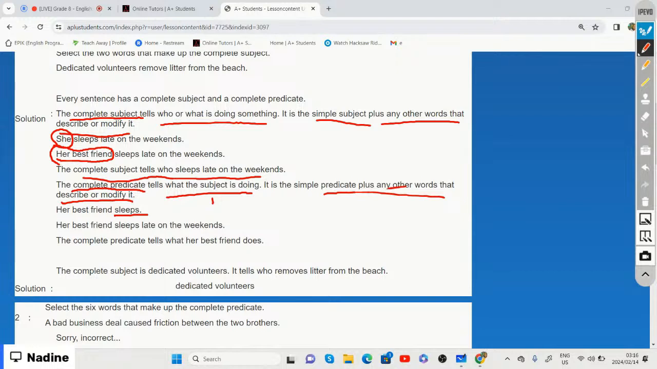All right. So also when it comes to the complete predicate, we say that the complete predicate is sleeps, right? Because it tells us what the subject is doing. So the predicate can either be one word or it can be more than one word. For example, we had her best friend sleeps, right? So that is one word. Sleeps being one word that tells us,